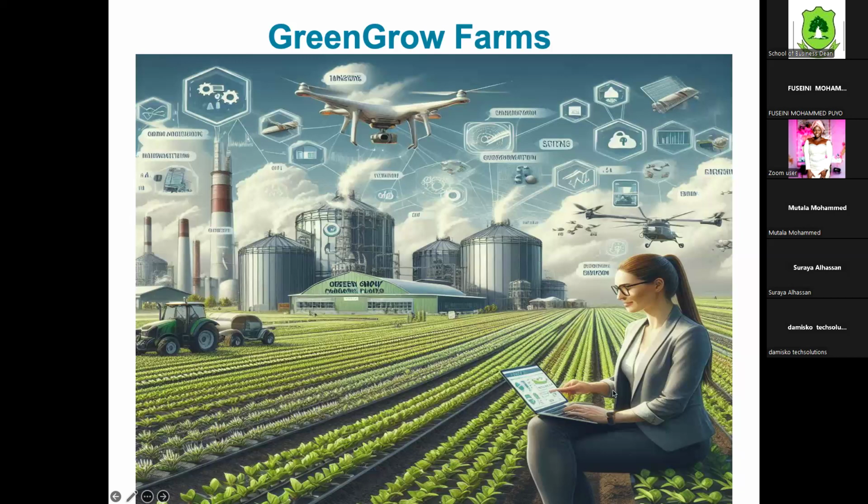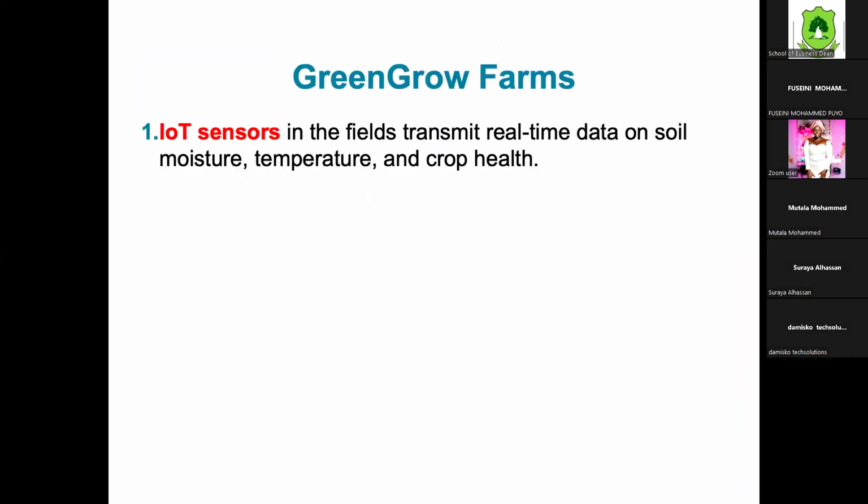Now, the farm has quite a number of interesting technologies embedded. I want you to look at the picture carefully. You see this thing? That's a drone. Yes. So another one, a helicopter or whatever, spraying the farm. Look at this, a tractor with so many gadgets. Now, what happens on this farm? Let's look at this.